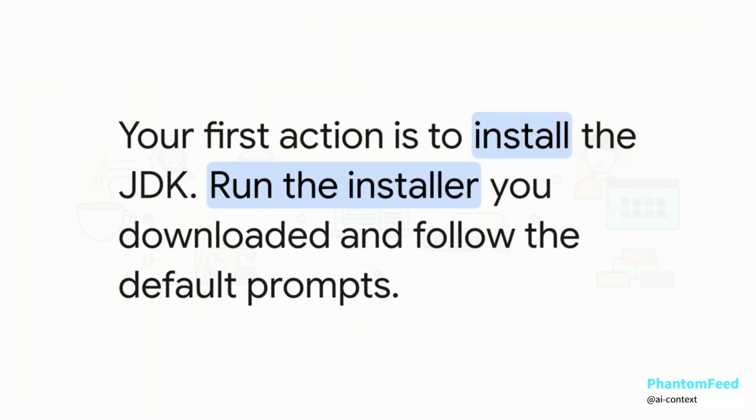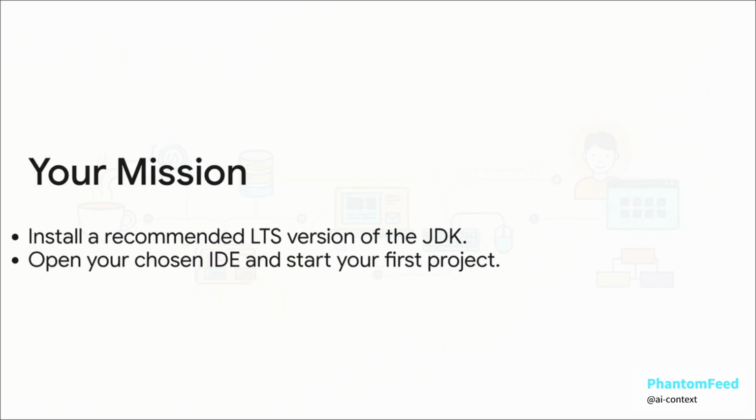Okay, your first real action item is simple. Install the JDK. Either run that installer you downloaded from Adoptium and just click Next through all the prompts, or if you're on Windows, you can even just pop open a terminal and run a command like the one you see here. So here it is, your mission, and it's just